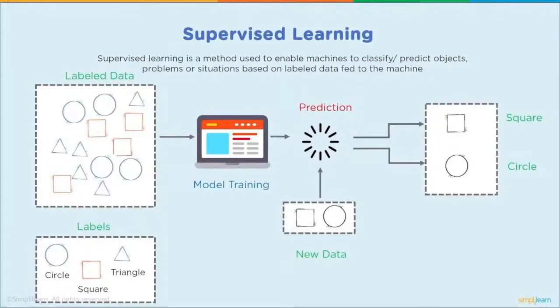So you have a huge group of data coming in, and then you have new data coming in. So we've trained our model. The model now knows the difference between a circle, a square, a triangle. And now that we've trained it, we can send in, in this case, a square and a circle, and it predicts that the top one's a square and the next one's a circle. And you can see that this is being able to predict whether someone's going to default on a loan,